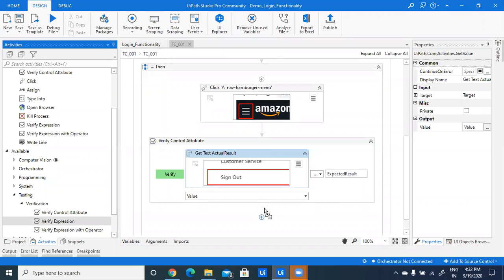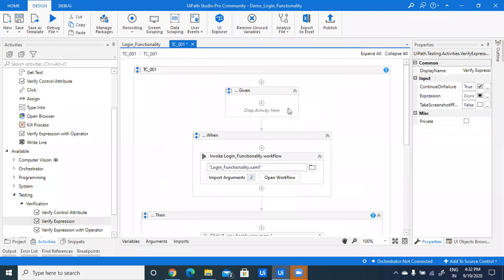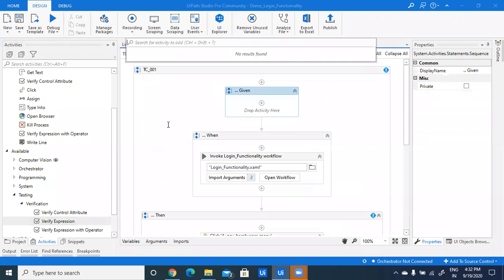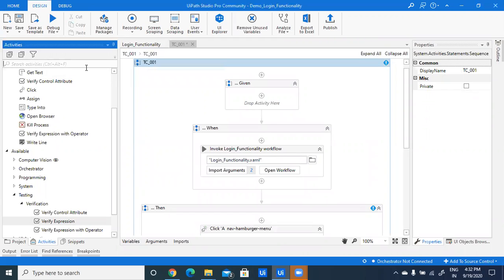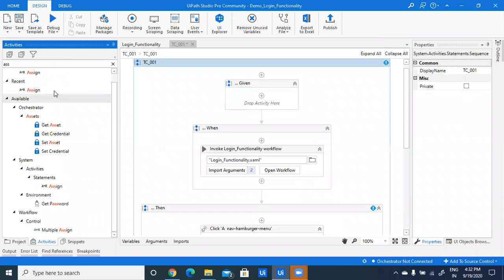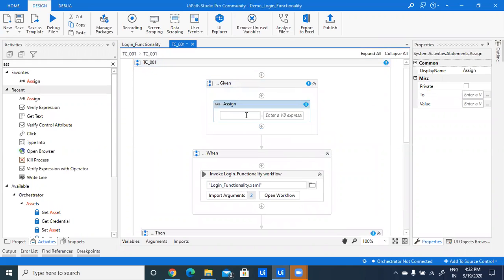And for verify expression, for example, I am declaring two values: actual result and expected result.